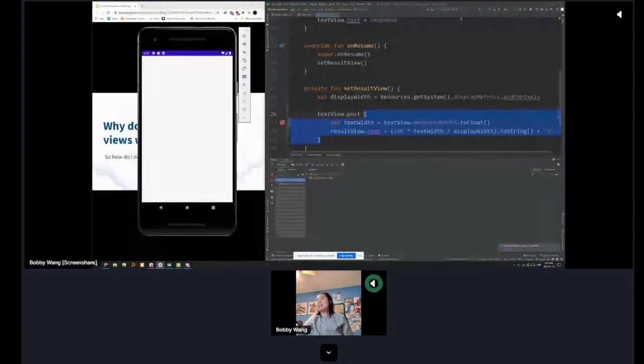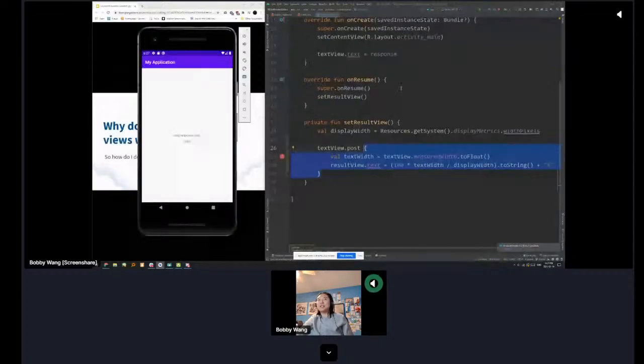One word of caution is that if you look up this issue on the internet, you're probably going to get results on Stack Overflow having to do with what's called a view tree observer. I heavily warn you against using a view tree observer, as it is not as reliable or easy to use as this method. But okay, as you can see now by using .post, this whole thing shows up right on the